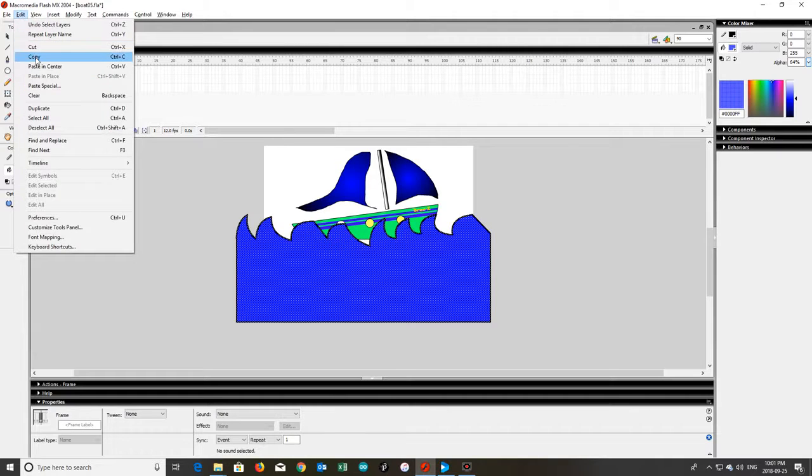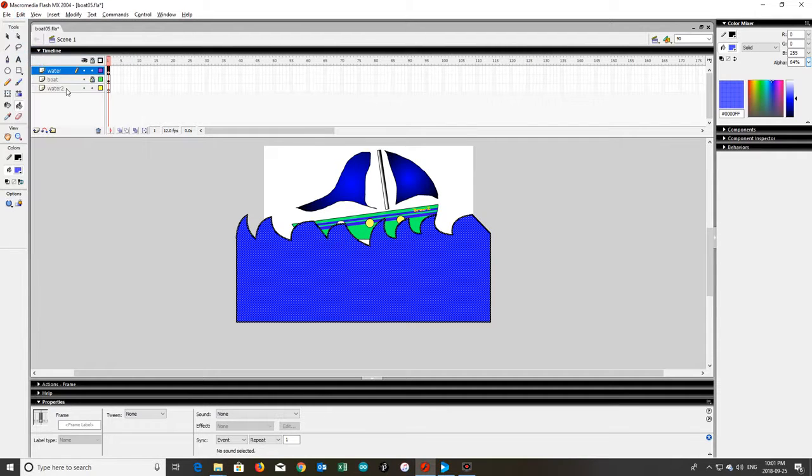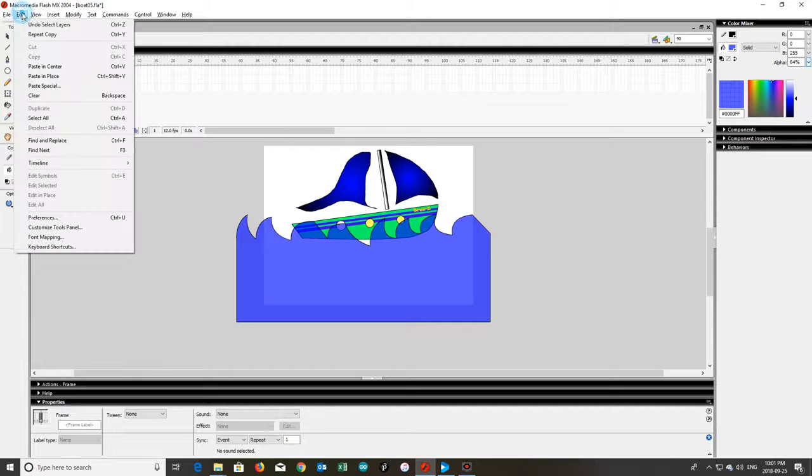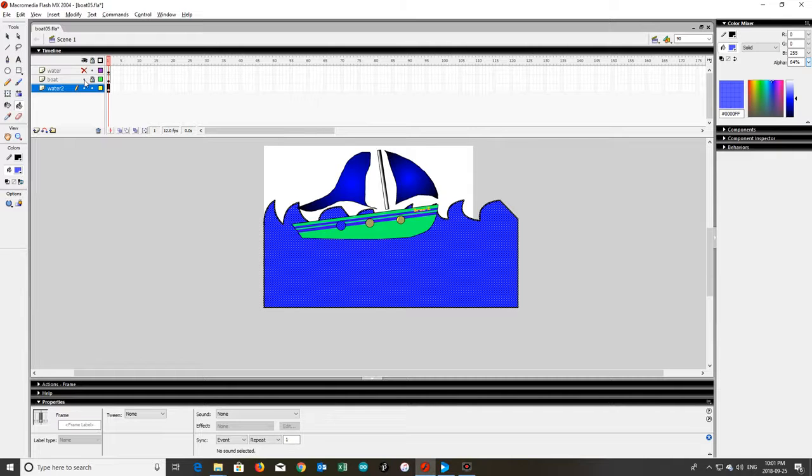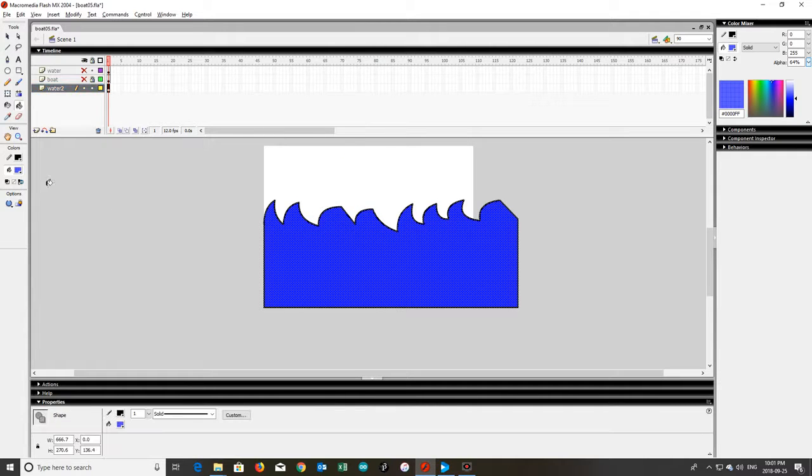I'm going to go edit and copy. I'm going to switch to the water 2 layer. I'm going to go edit and paste in center. And you can see now I've got another layer with water in it. So I copied it from one layer to another. Now I'm going to turn off my water layer and turn off my boat layer for now. And I'm just going to move this